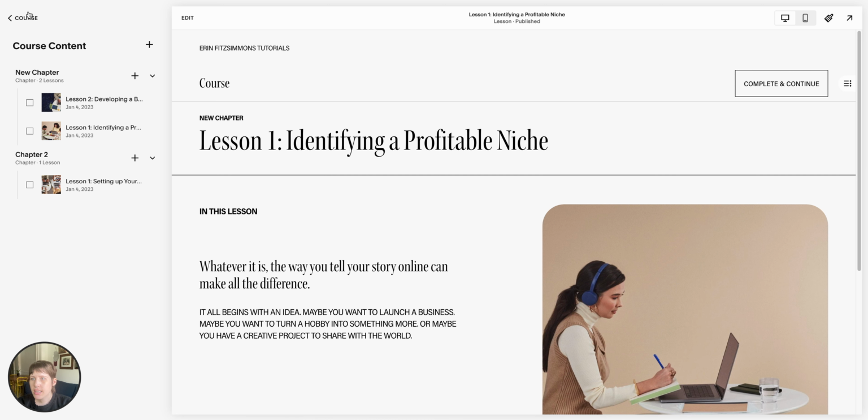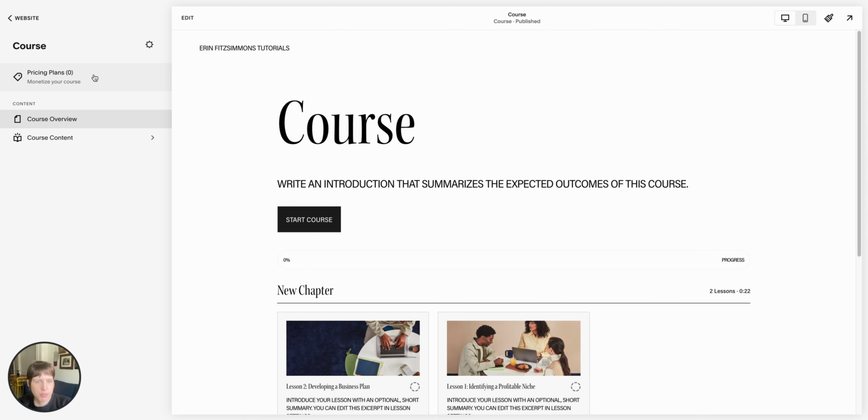And then for pricing plans, you can keep the course page free. And so you just wouldn't do anything. You just set up the course overview page and the course content, and that's all you need to do. And then you just share your URL with anyone, and they can view it just like any page on your website. If you would like to have people pay for the content and have it paywalled, then we're going to